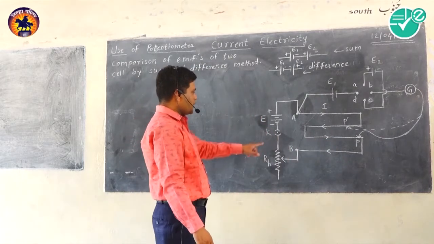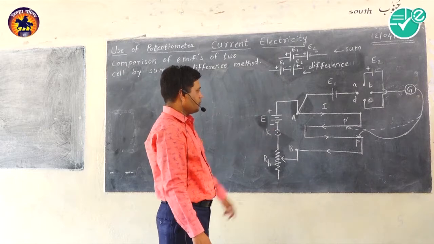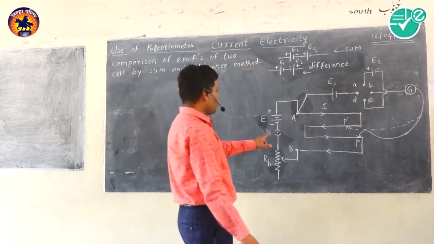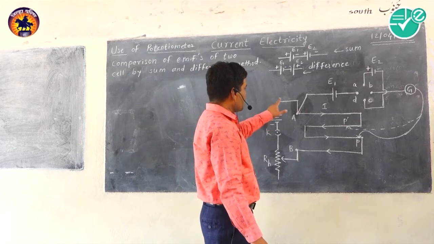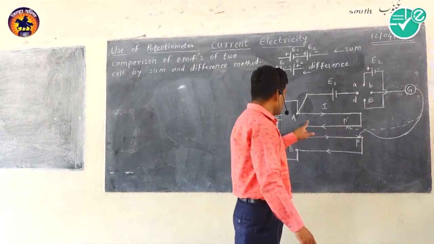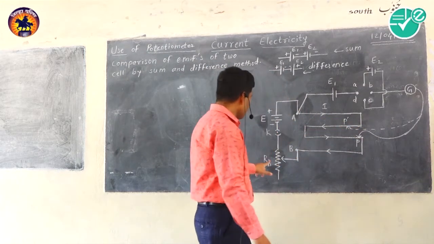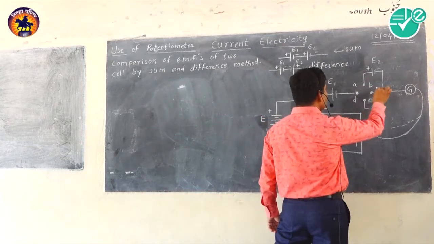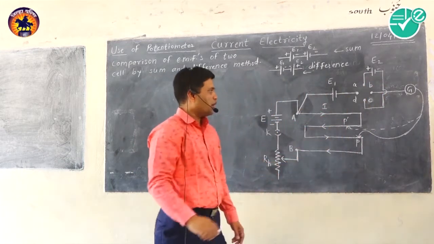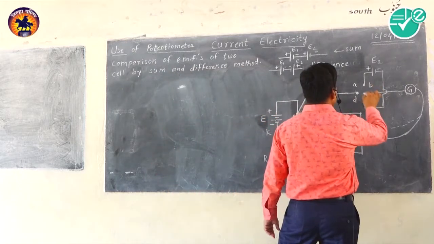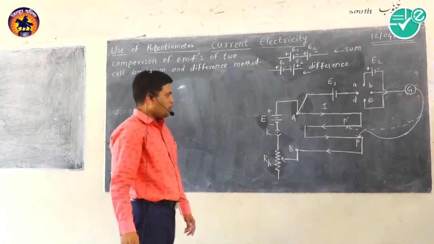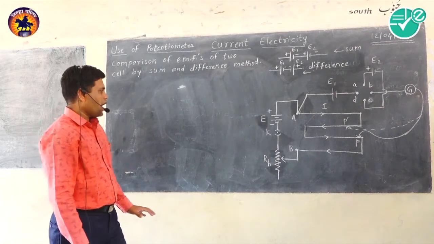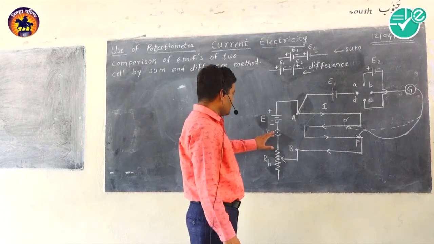Here, as soon as you close the key K, the current I is sent by the battery through the potentiometer wire AB. Initially in this arrangement, you don't close any of the keys A, B, C, D. First of all, only check that all connections are tight and that the key K is closed.